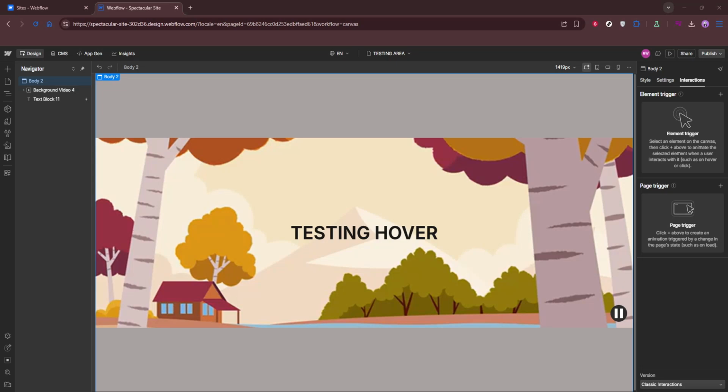In today's video, I'm going to teach you how to create a zoom in on hover interaction in Webflow. By the end, you'll have a clean, polished hover effect that subtly zooms in an element when the cursor moves over it. Perfect for images, cards, or any clickable content where you want a touch of motion to guide